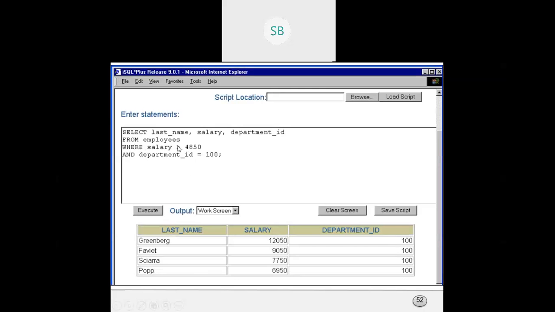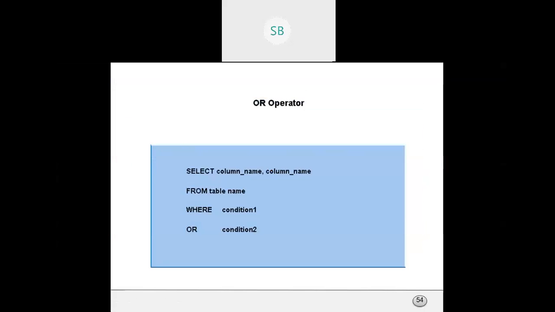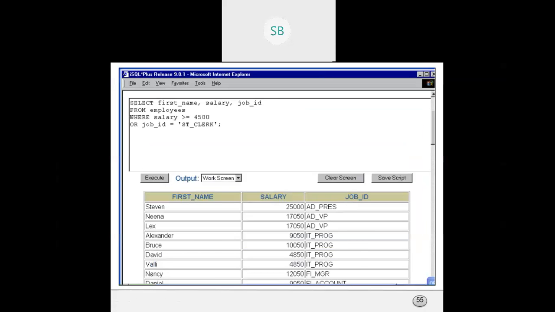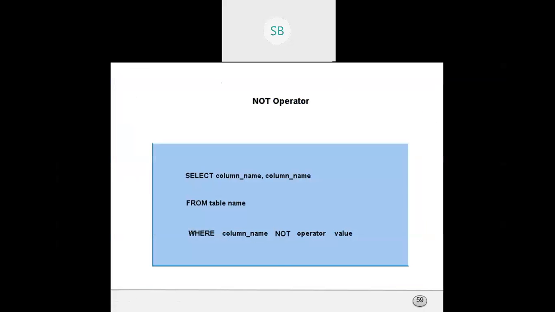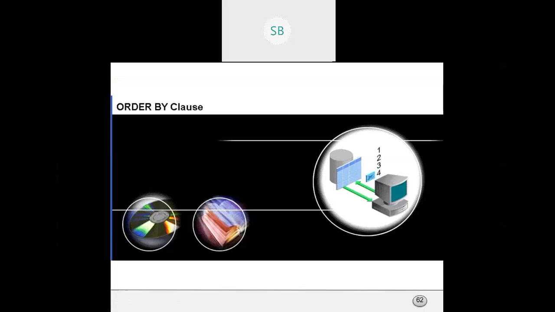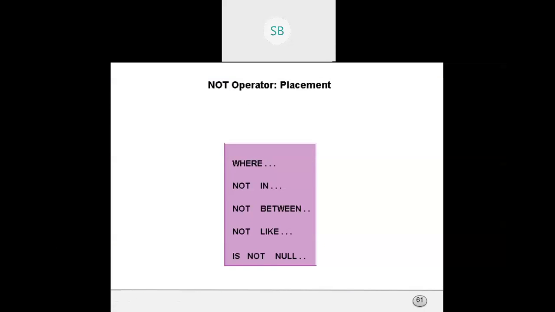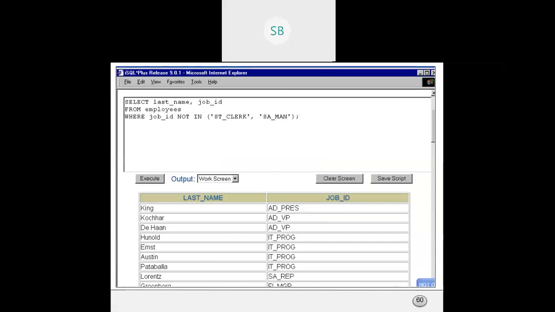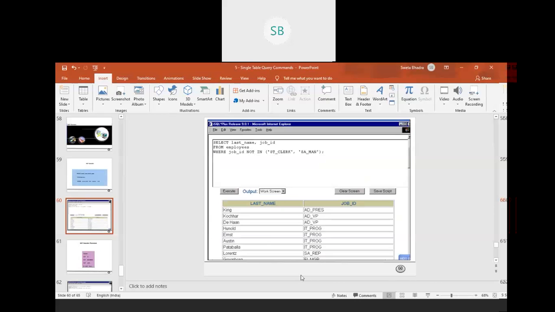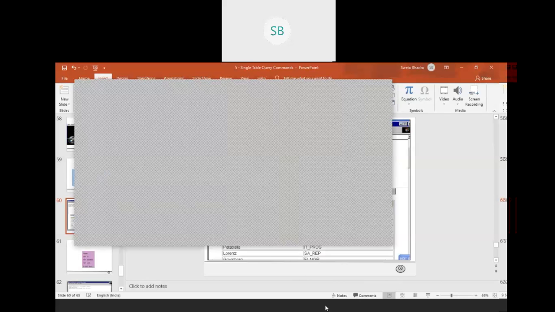Here also the greater than symbol is there. So lots of operators are there. Let's check the NOT operator. I'll give you today only till the NOT operator. Let's just try. I have just created a few tables. Just wait some time, I'll share the screen.